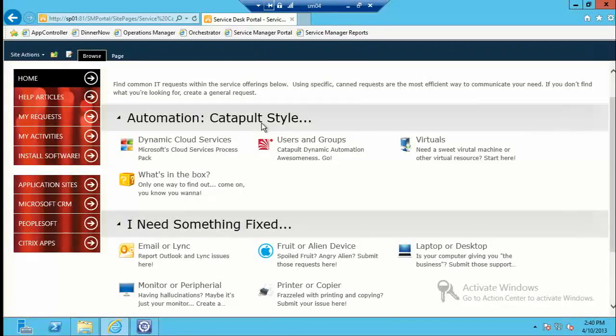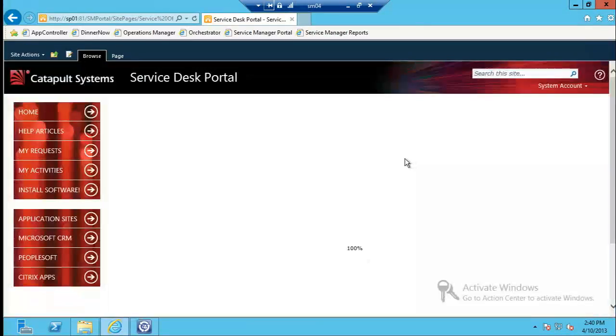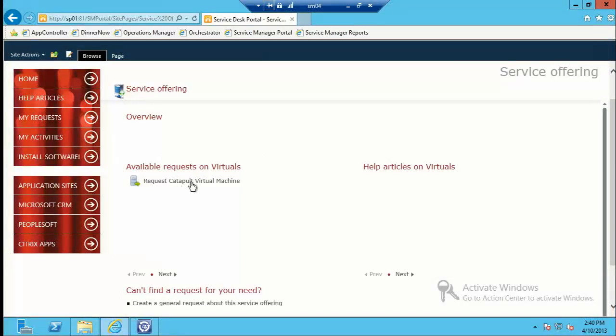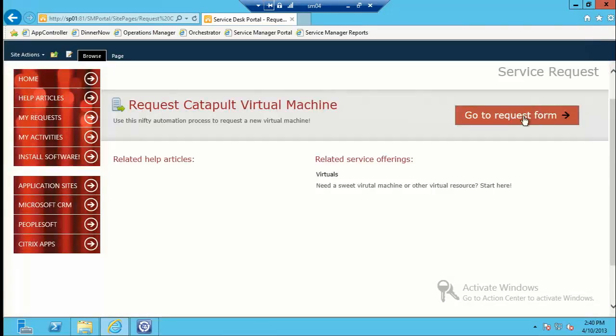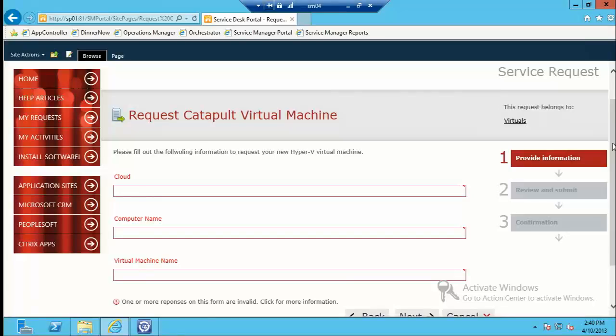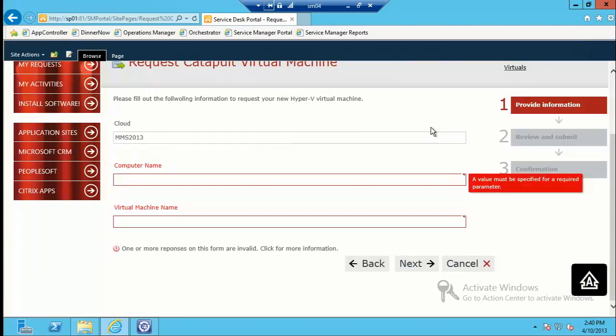So the key point: single pane of glass, right? Everything's consolidated. Definitely. So here's our request for virtual machines, or virtuals in general. I'll hop in here. I've got a request catapult virtual machine. Very straightforward. We'll go into my request form, and as you can see, it is the same interface that we experienced before. We'll call this